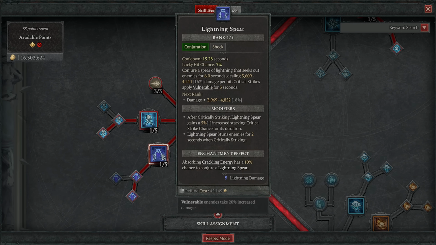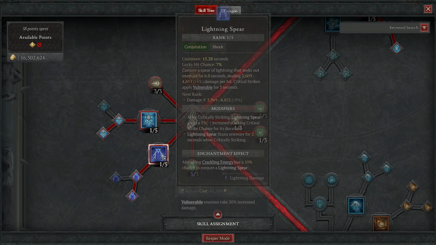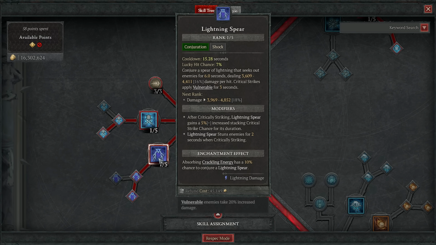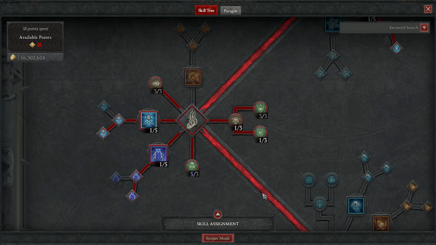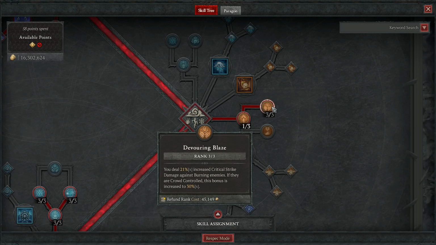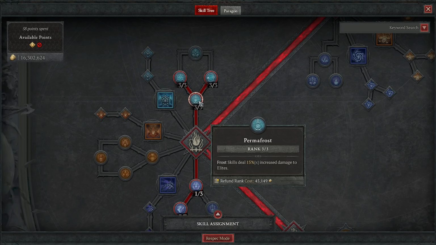And then we want Lightning Spear to Invoked. This means everything is stunned all of the time, and of course all of the Lightning Spears that the Frozen Orb spawn get these bonuses too, on top of us casting our own to help out with even more stacks of Conjuration and to generate more Frozen Orbs. Ice Blades all the way to Summon, so we get this huge cooldown reduction that you really will feel, and then we can move on to just Devouring Blaze in the Mastery section,